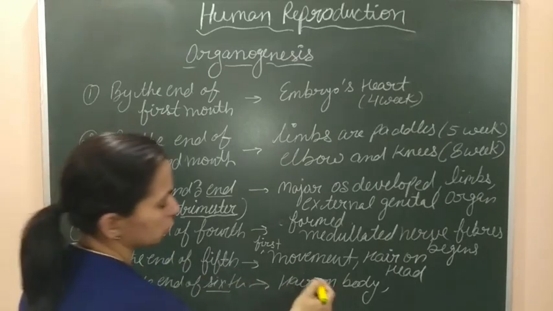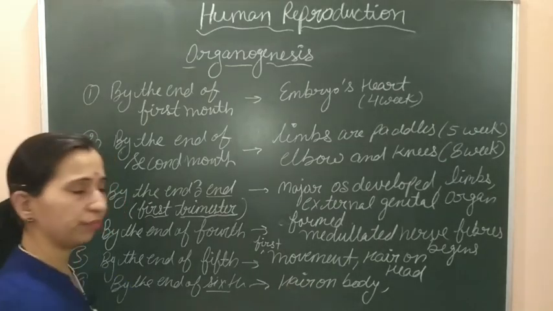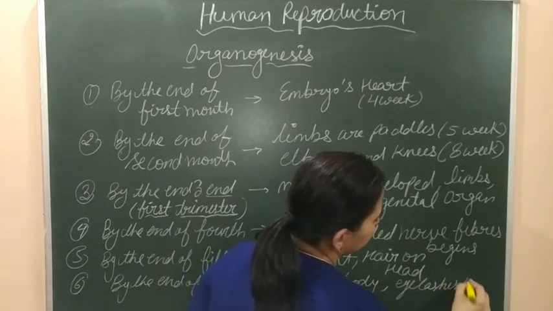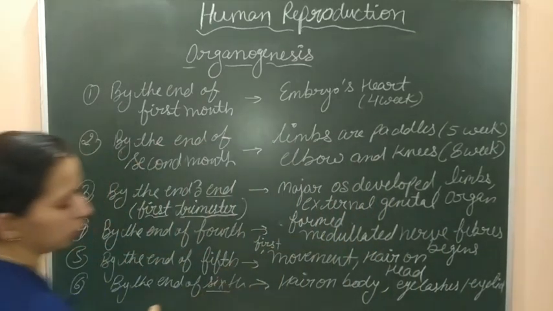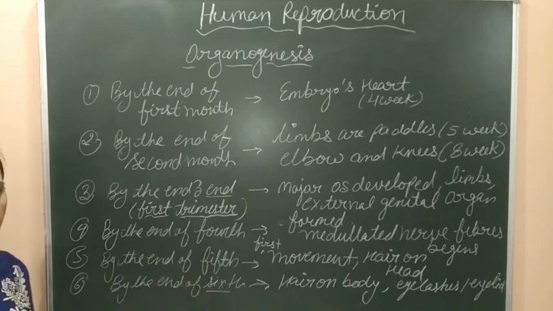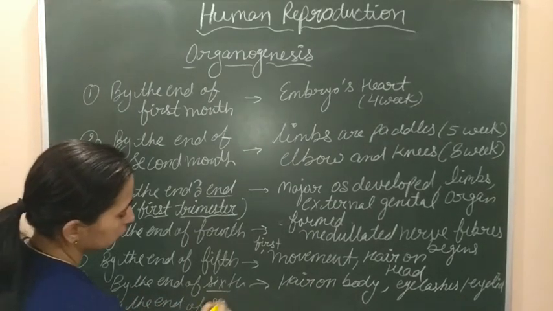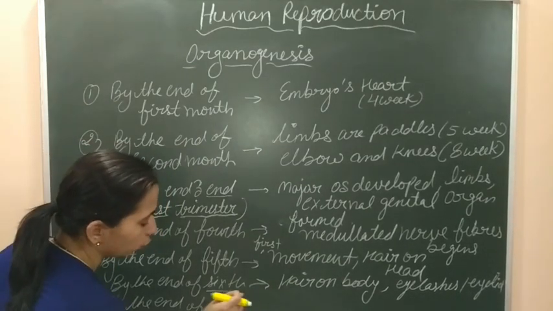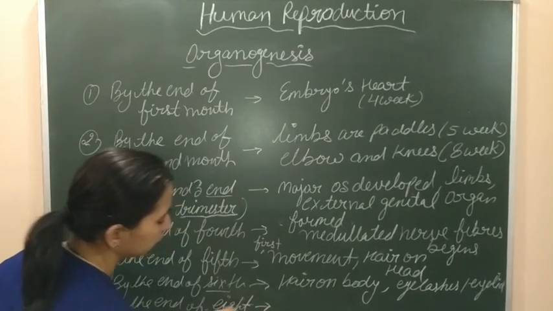तो दीज आर द सम अनदर चेंजेस. हमने कहा जब हेयर फॉर्मेशन हो रहा है, सो आईलिड्स, आईलैशेस विल आल्सो फॉर्म एंड हेयर ऑन द कंप्लीट बॉडी विल आल्सो फॉर्म. सो वी कैन राइट हियर दैट आईलैशेस एंड आईलिड्स, आईलिड भी जो है वो फॉर्म हो जाएंगी. Okay, these are the some changes which occur at the end of the sixth month. Now move on to the next month of the pregnancy, that by the end of seventh month. Nothing special happens in the seventh month, so we will directly move on to the eighth month. ऐसा कुछ नोटिसेबल चेंजेस यहाँ पे हमें नहीं मिलेंगे, तो हम सीधे 8th मंथ की बात करते हैं.